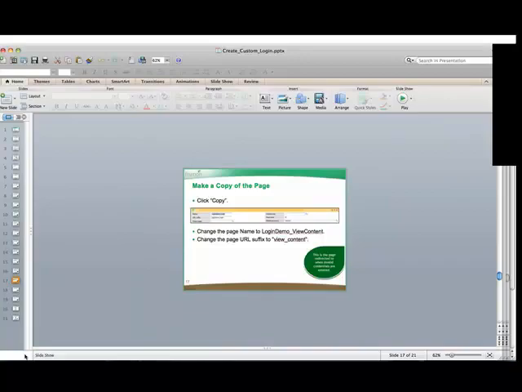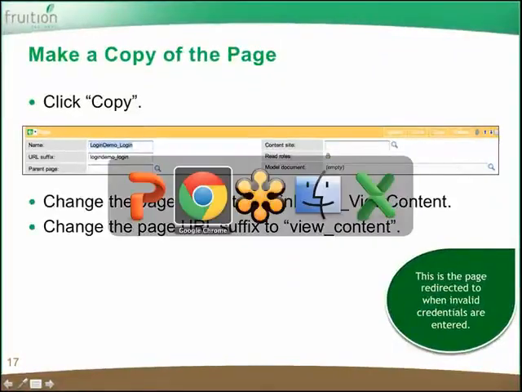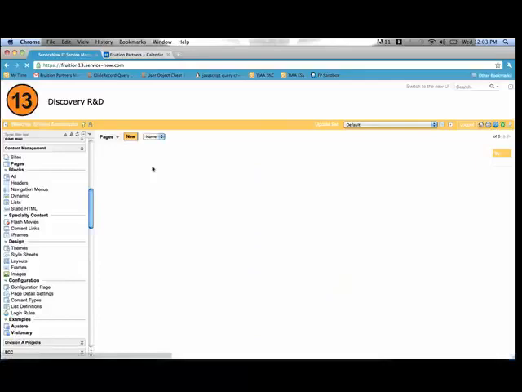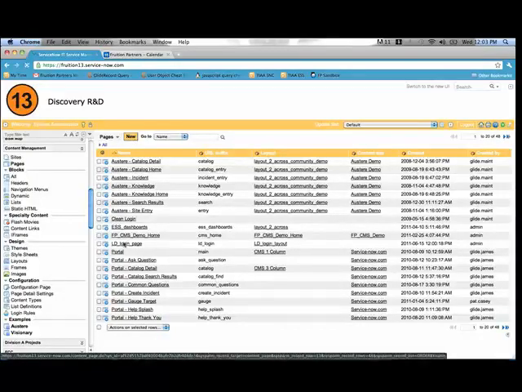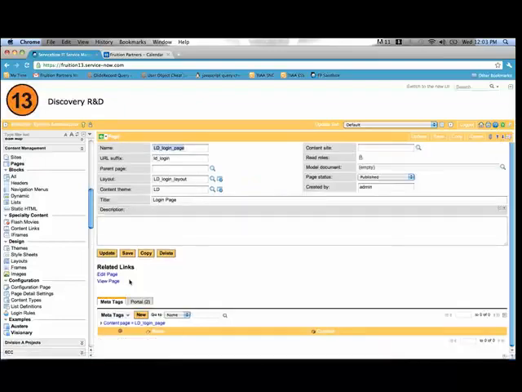So the reason we're going to make a copy of the page that we just created is because when a user enters invalid login credentials, ServiceNow by default is going to look for a separate page, and it has a specific URL. So to copy a page, we're going to just take our page here, click Copy,